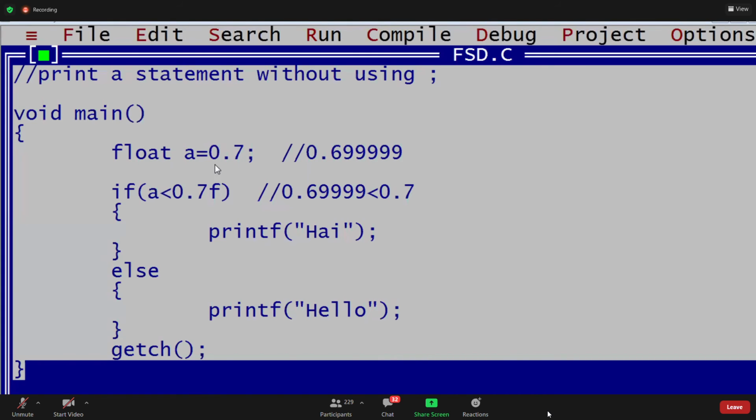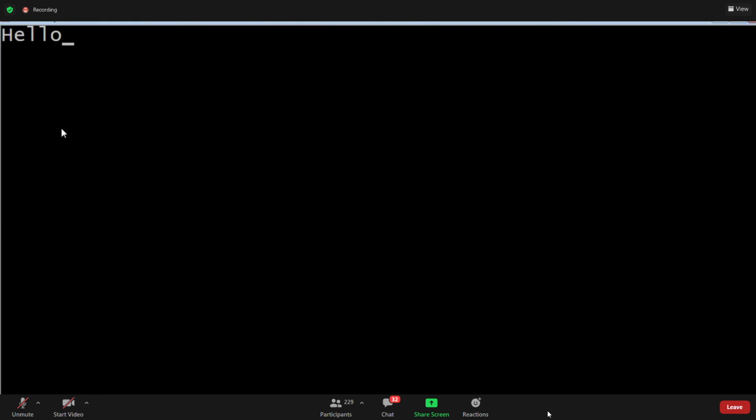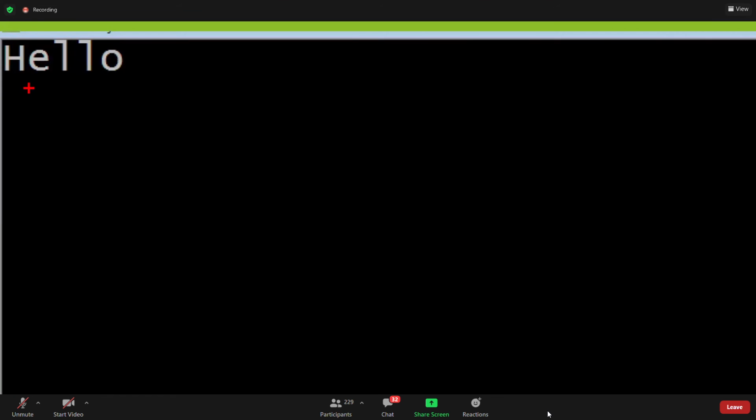Yes, now it is hello because a float is less than a float, false. Then the answer is hello. Are you observing the outputs, guys?